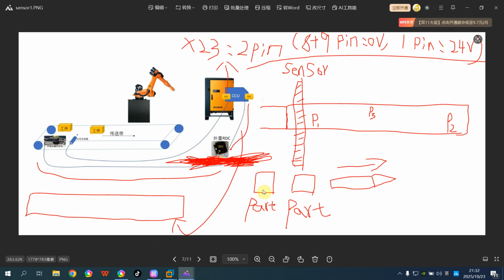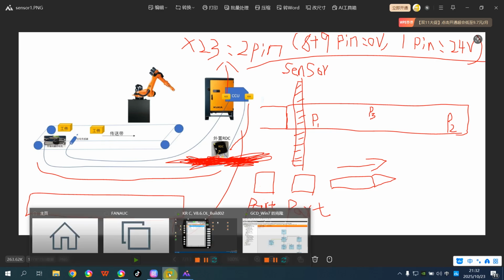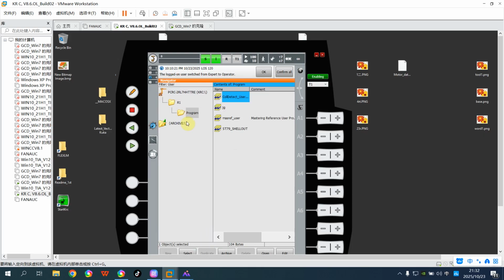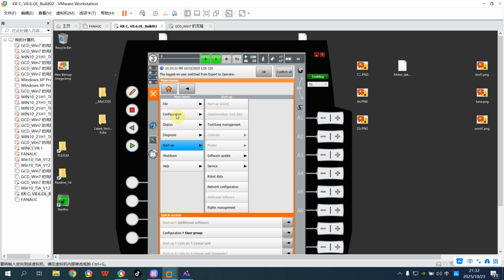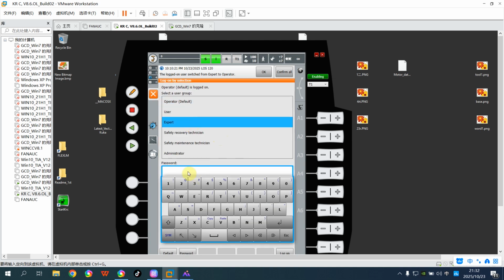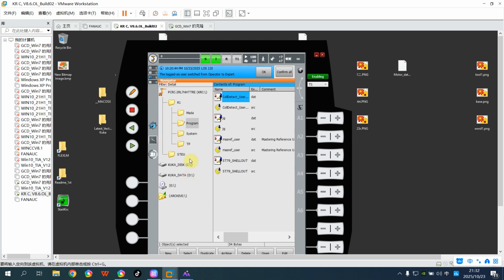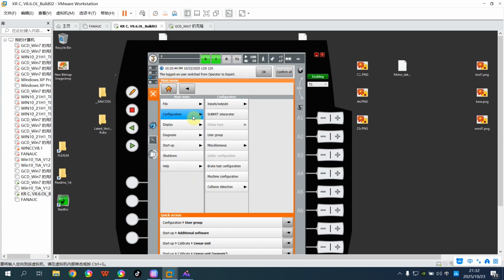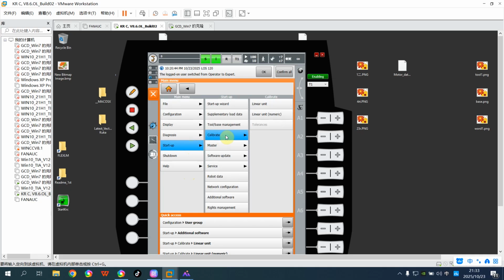thing, once you download the configuration in the KUKA robot, the next you open the teach pendant. In this teach pendant, I didn't have the correct version, so I'm gonna show you. You log in as KUKA expert, password, okay? And you choose the configuration node. You choose the calibrate, and you choose the